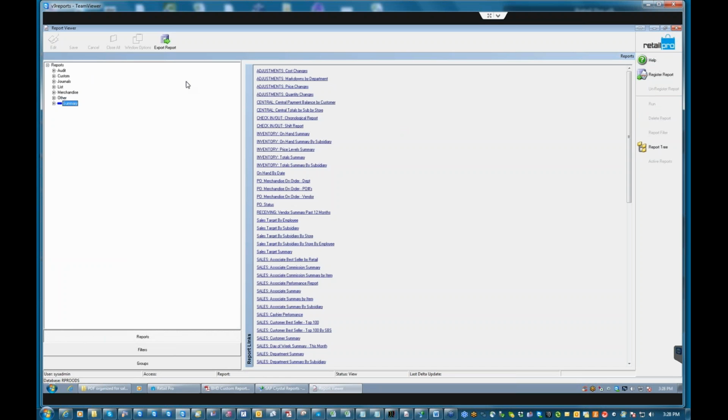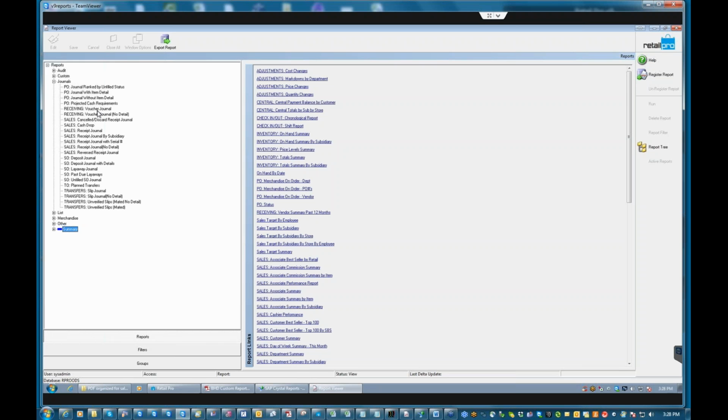All right. So the next section up is journals. Journals are lists of documents or lists of transactions. So with a summary, if I say show me sales by vendor, I get one line, and it shows me how much I sold. It shows me